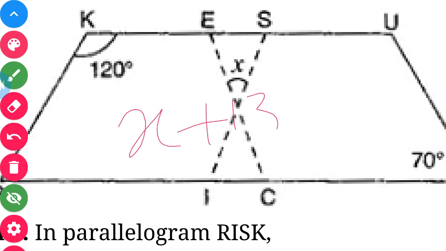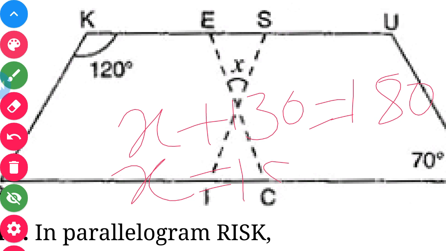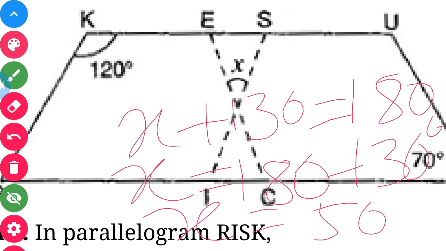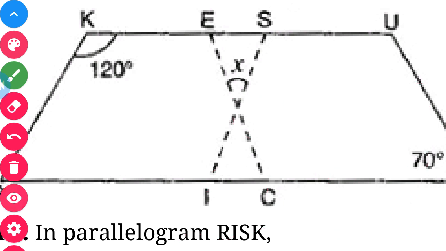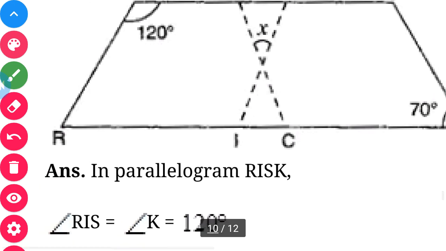X plus 130 is equal to 180 degrees. I want the value of X now. So if I want to find it, X is equal to 180 minus 130 degrees, which will give you X is equal to 50 degrees. This is how you're going to find this sum, children. I hope you have a clear idea. State the properties properly in terms of a statement, and then you're going to solve the sum.